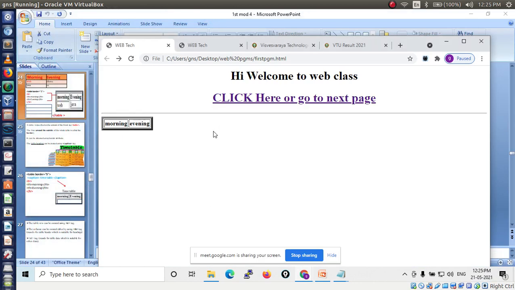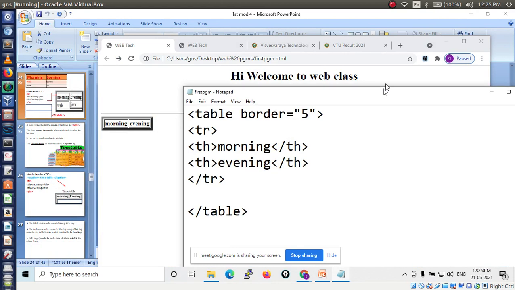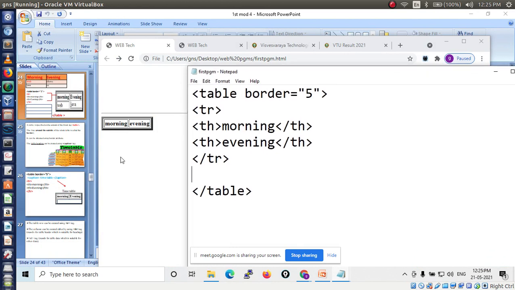Now, are you seeing this browser with morning and evening? Right? So next I have to write the code for web and DBMS. Here I have finished one row. So to display the next row, I have to use another tr tag. Then web and DBMS I have to mention.